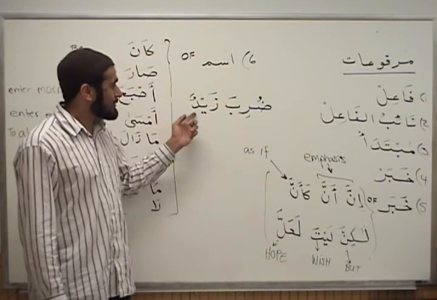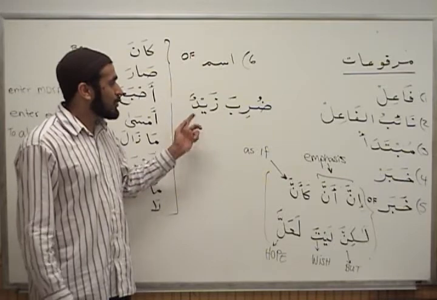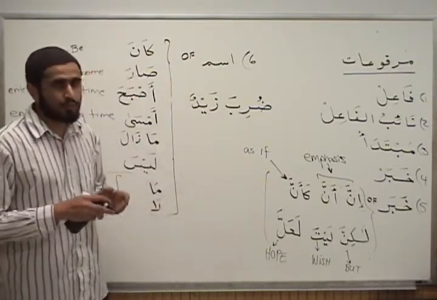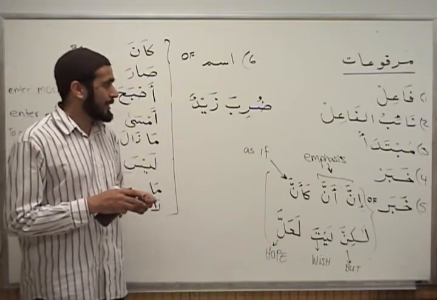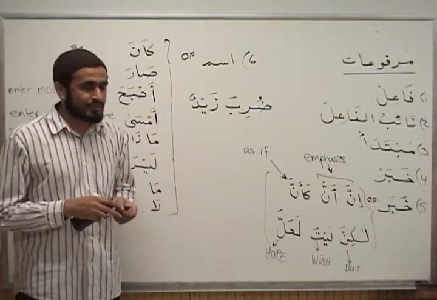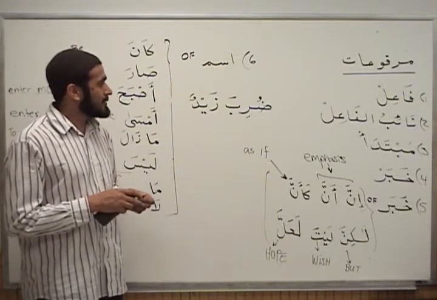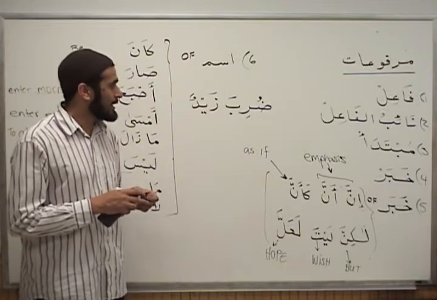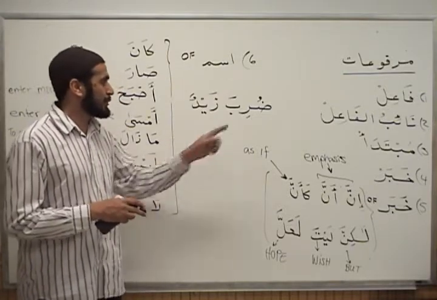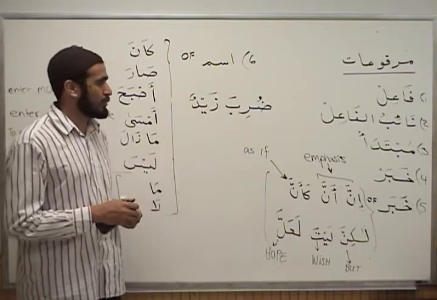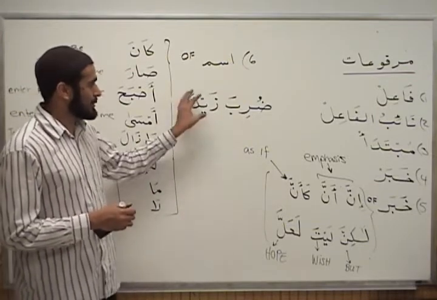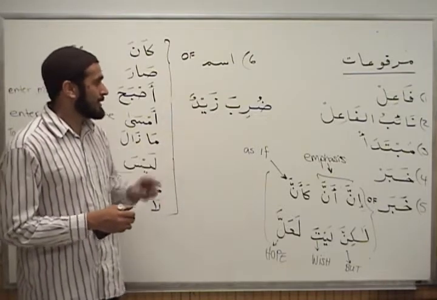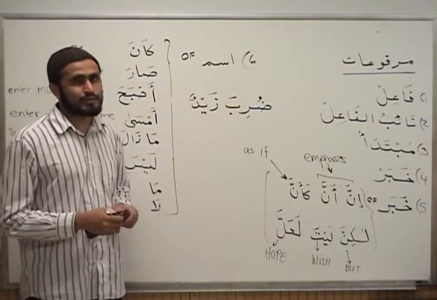So this is called na'ibul fa'il, and anywhere when you have a passive sentence, the equivalent of that in English is passive voice, where the doer of the action is not mentioned, the receiver is na'ibul fa'il. It's also one of the marfu'at. So ضُرِبَ زَيْدٌ or ضُرِبَ مُسْلِمُونَ, or anything else that you would like to place here will have the state raf'a. Zaydun is na'ibul fa'il in this structure, therefore it is one of the marfu'at.